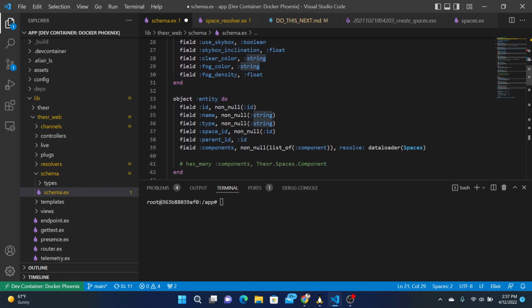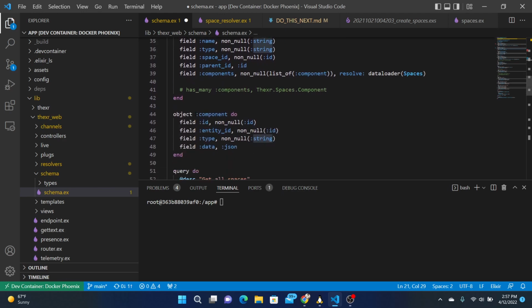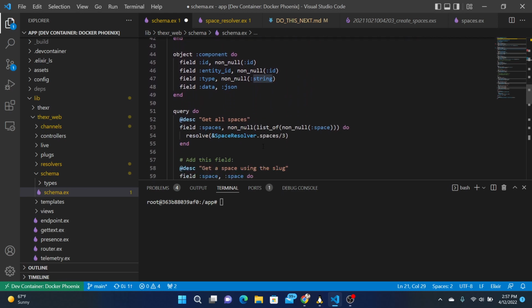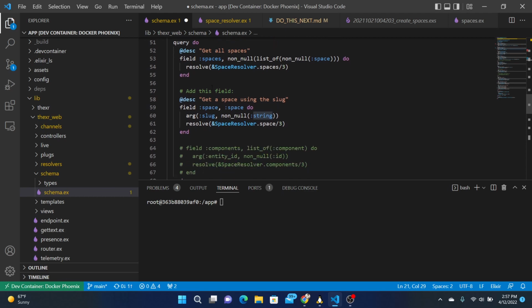Entity space ID, yeah, it uses a space ID. That's consistent here. Component, that's entity IDs. Get all spaces. Spaces returns a non-null list of space and doesn't take any arguments. Get a space using the ID.